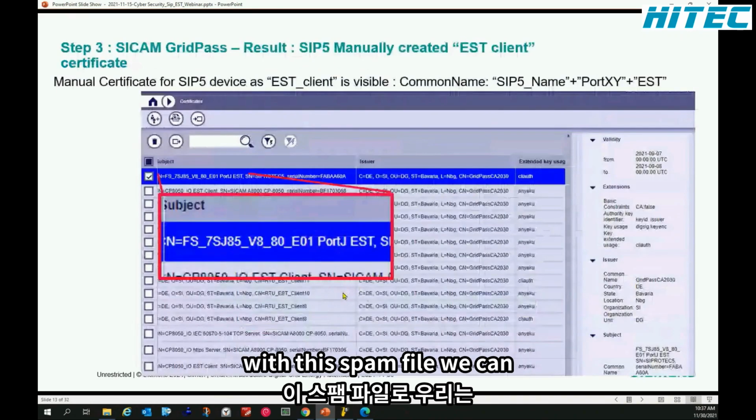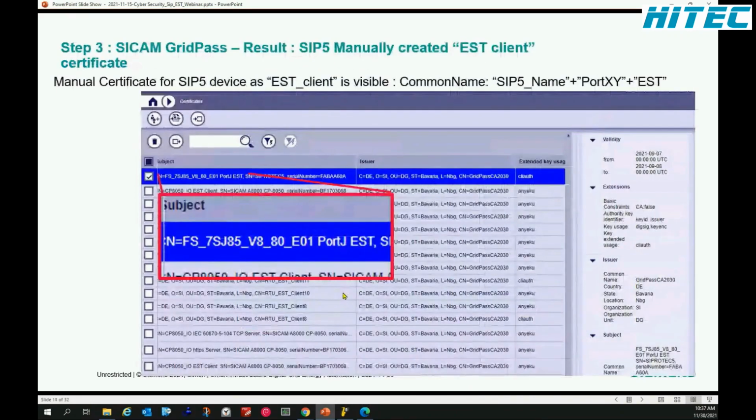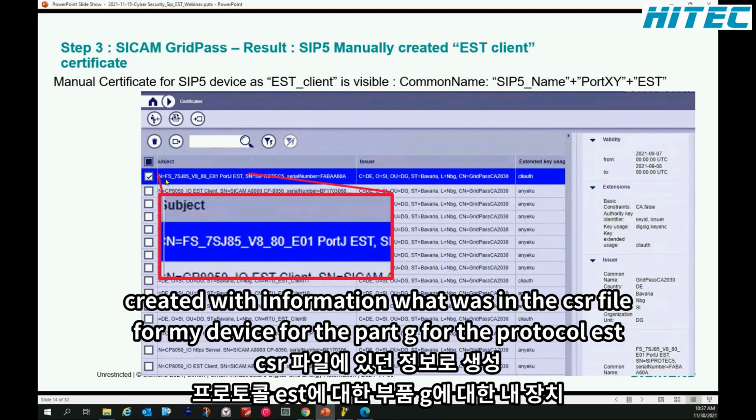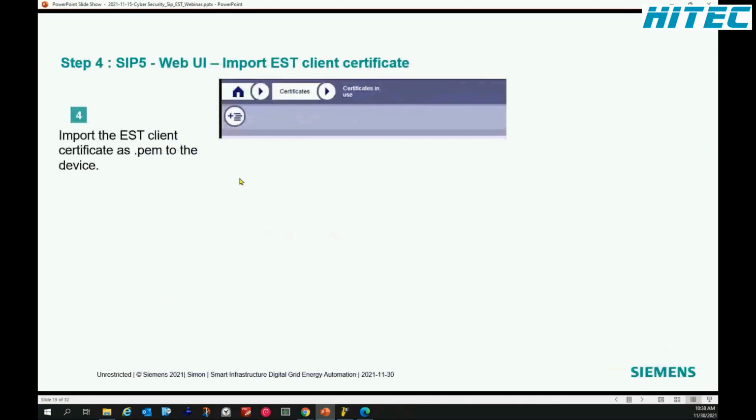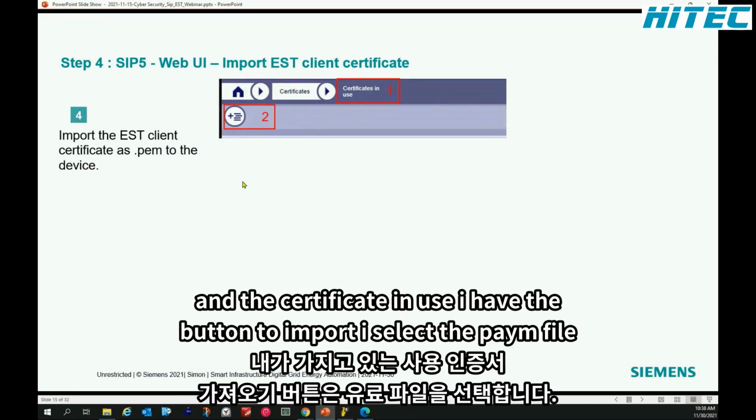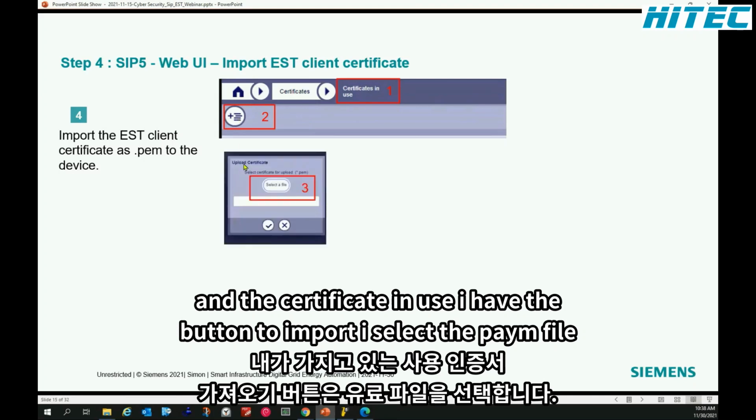With this PEM file, in GridPath, we can also see under certificates that this certificate was created with the information from the CSR file for my device, for port G, for the protocol EST. So now in the SIPROTEC 5 web UI, I can import the EST client certificate. Under certificate in use, I have the button to import. I select the PEM file,